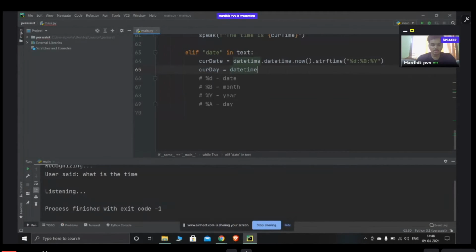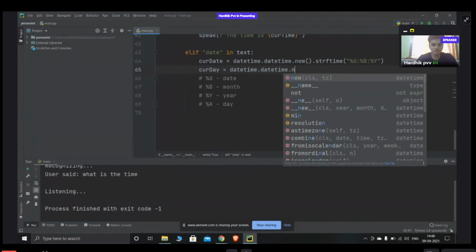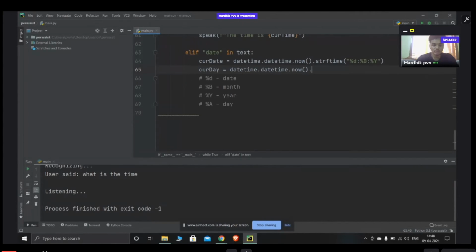The same datetime dot datetime dot now, and now I want it in the form of string format. For day it's percentage A. Now what happens is it gets the current date and time from whatever you have in your PC. That's the main thing. It takes the time and date from there and shows you.